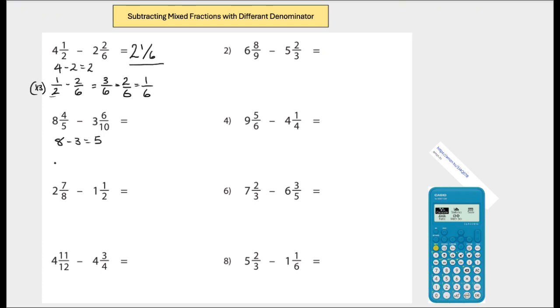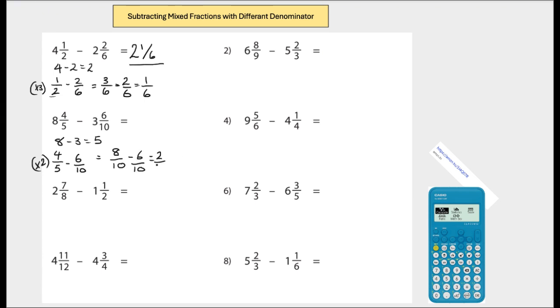Next one, 8 minus 3 equals 5. So now we're going to focus on 4 over 5 minus 6 over 10. I know that 5 goes into 10 twice, so we can do something with that. I'm going to multiply this fraction by 2 because I need to get this to a 10. As I said, what you do to the bottom, you do to the top. 2 times 4 is 8. 8 minus 6 over 10